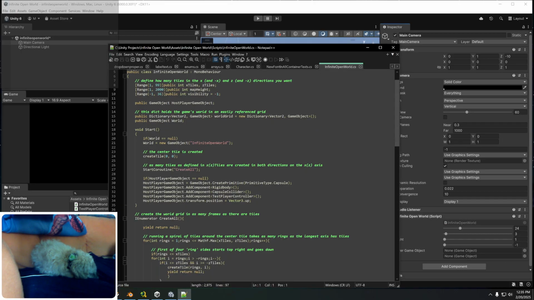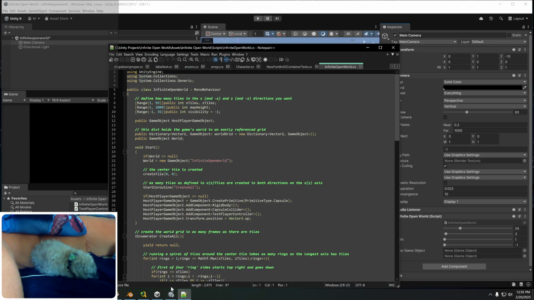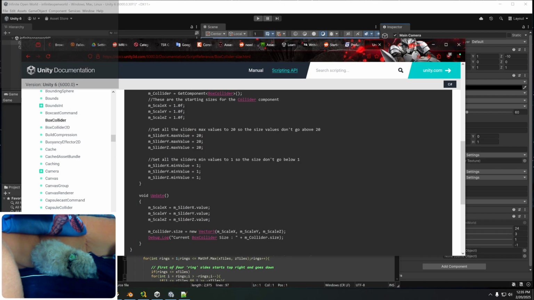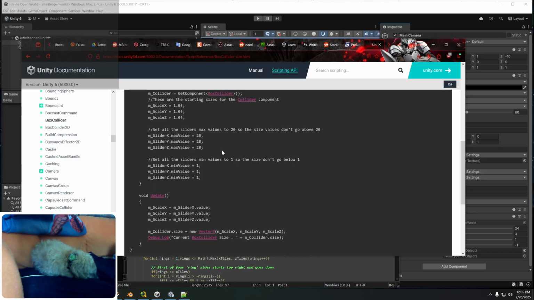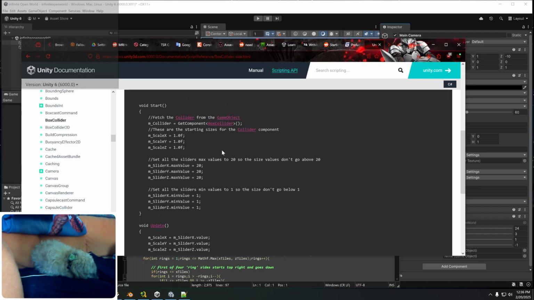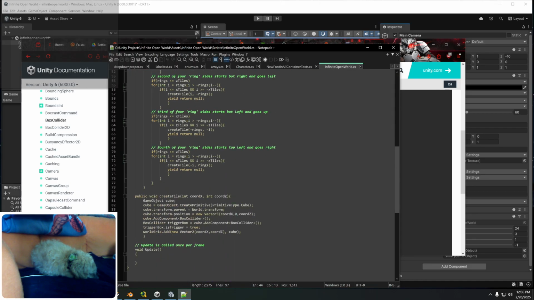Also, what we're trying to do, if we look at our fantastic internet browser, we see that we want to mess with the scales of things. That is what we're trying to do. So when we're creating a tile,